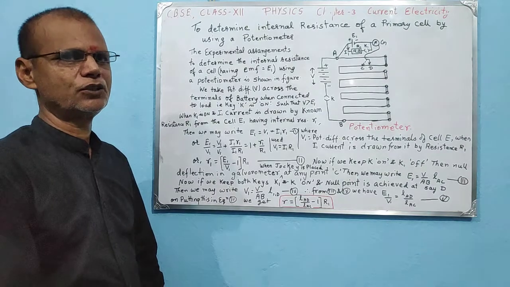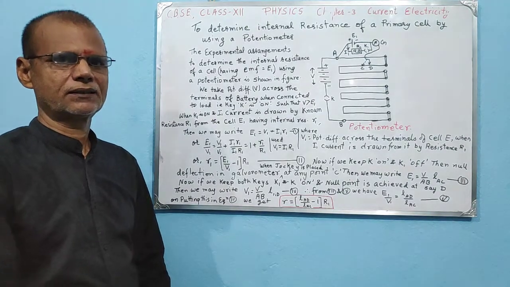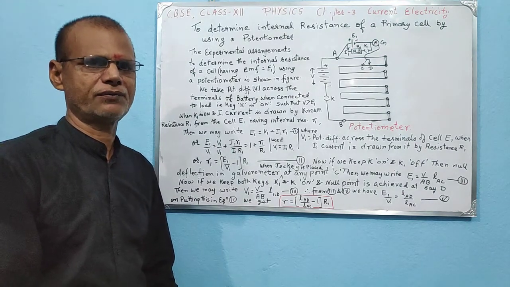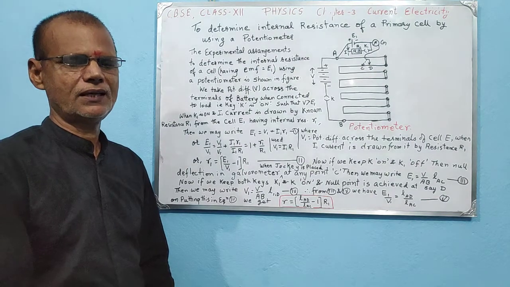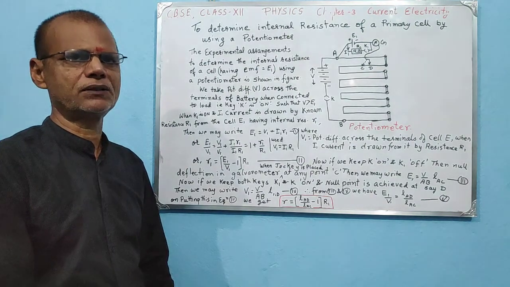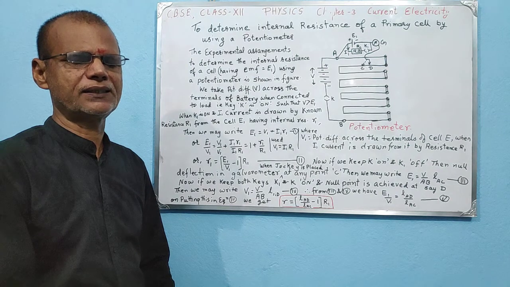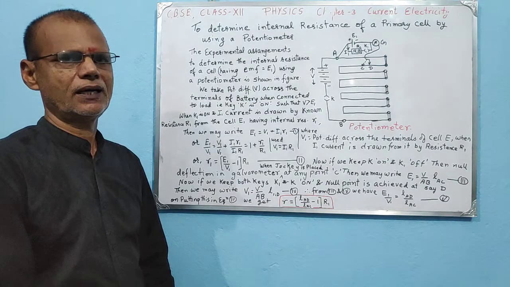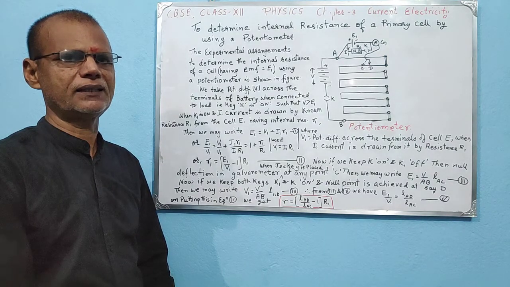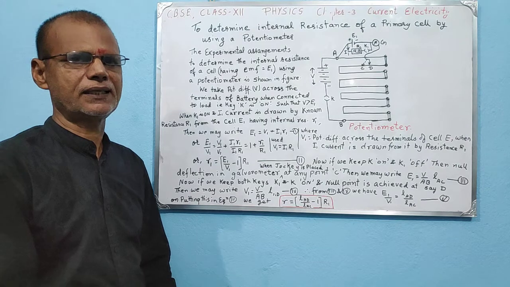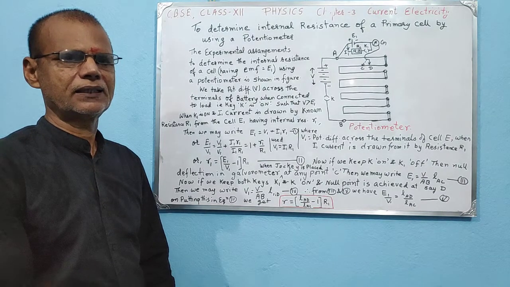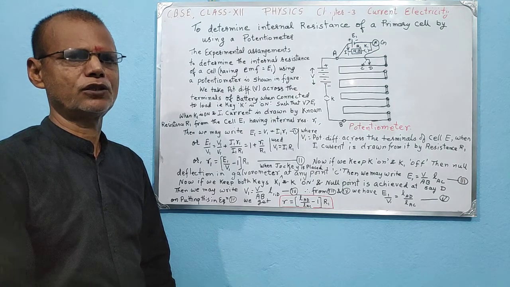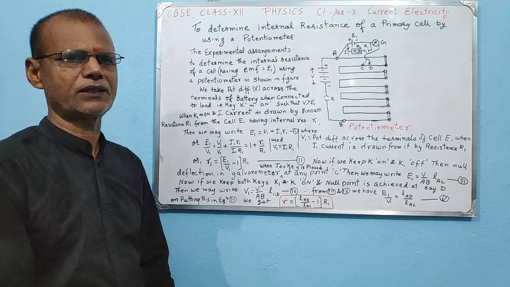Dear students, today we are going to discuss the use of a potentiometer to find the internal resistance of a primary cell. Here we are using the same principle of finding the EMF of a cell by using a potentiometer, which we have already discussed earlier. Apart from this, we will also find the expression for the internal resistance of a primary cell, and we will feed the value or the ratio of EMF of the cell and the potential difference across